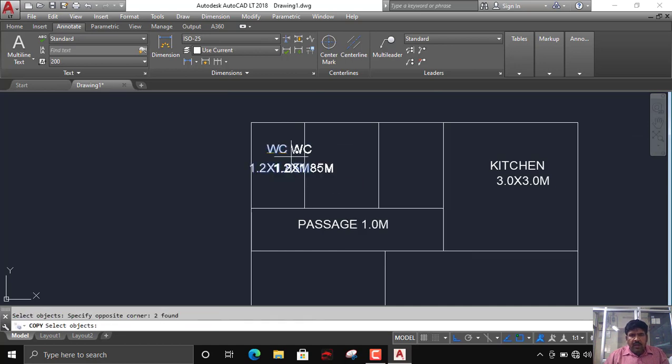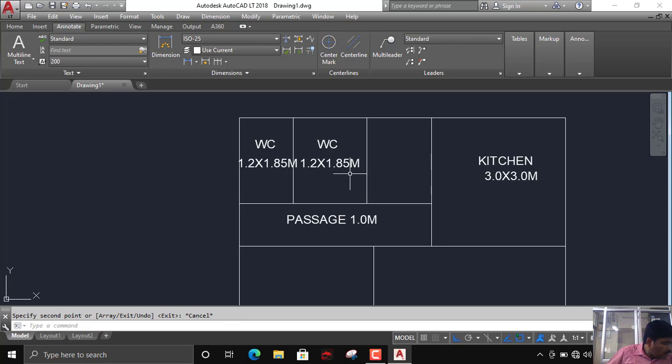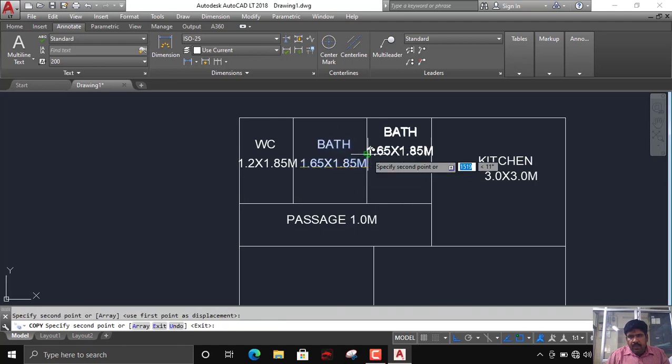Whatever next dimensions are here, the same dimensions will be there. 1.65, right? 1.85. This is the bath. Next we have the storeroom.